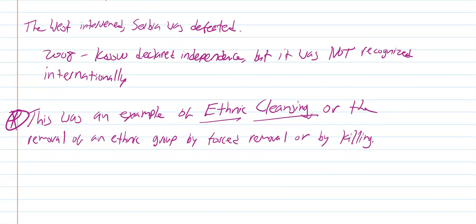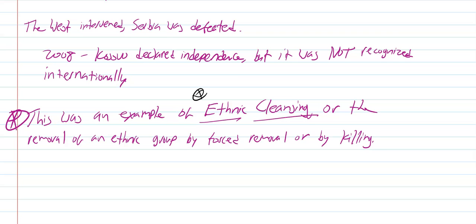Now, as fate would have it, later on in 2014, what the Russians more or less did with Crimea is extremely similar to what NATO did with Kosovo in this regard. It's not the same, but it's very, very similar to those. So these examples here with the Serbs and the Croats going after the Bosnian Muslims, I mentioned this term ethnic cleansing, and also you saw ethnic cleansing in Kosovo against the Kosovar Albanians.